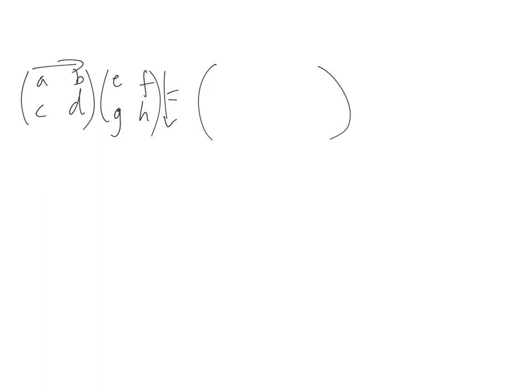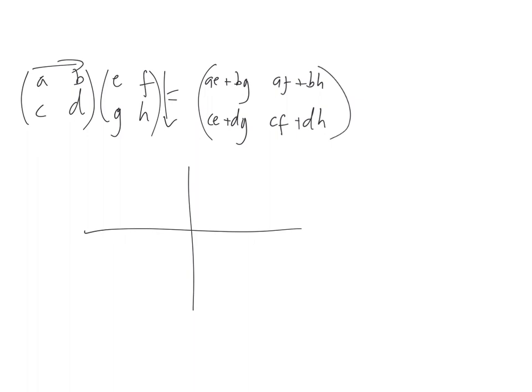So it's something like you do AE plus BG, and then the next one is AF plus BH, and then it's CE plus DG and CF plus DH. And again, you can get good at this and fast at this, but it's quite hard. But the method that I saw was another one of these cool draw it out in a grid kind of ideas. Let the layout do all your thinking for you.